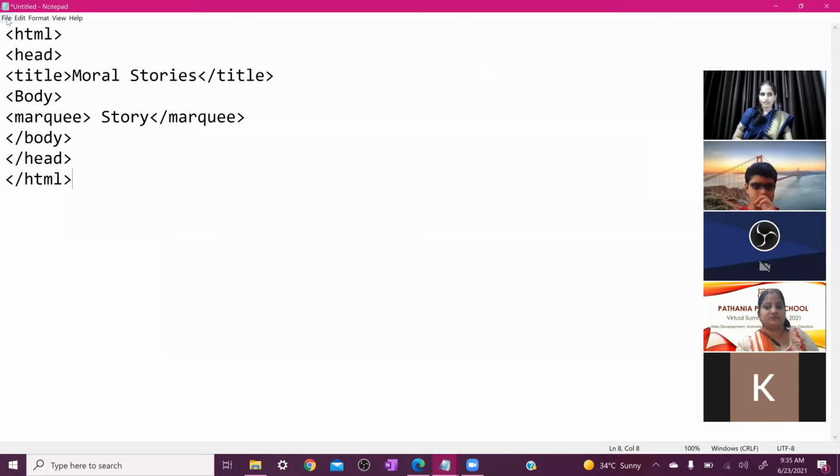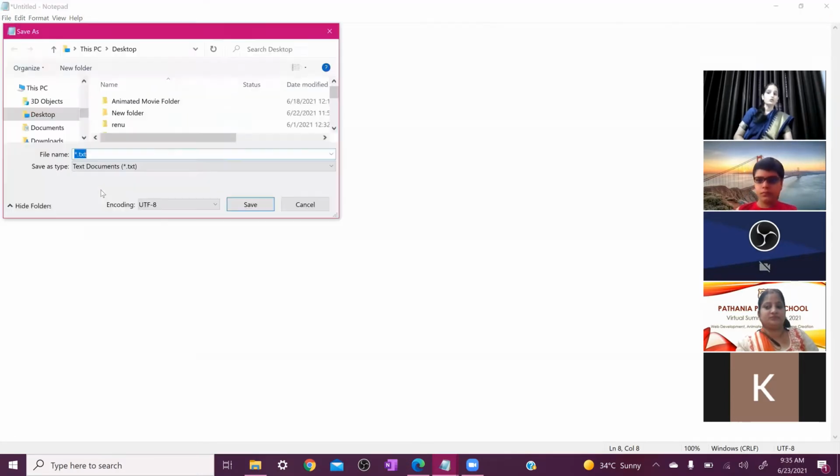So first you save it, click on the file, then click on the save. Here we need to write down the name of your file. You can write down any name of your file. For example, your name, any name. Okay, so here I have written moral. Okay, moral and .html. Everyone learn this name of a file, moral.html. .html is very important, beta. Everyone write down .html here, and after that you can click on the save button.